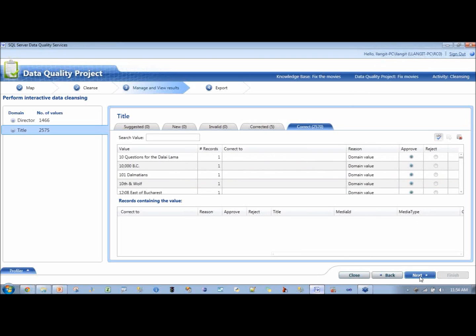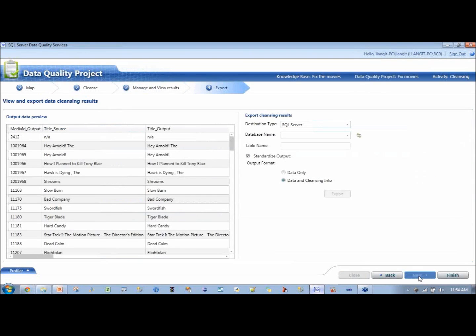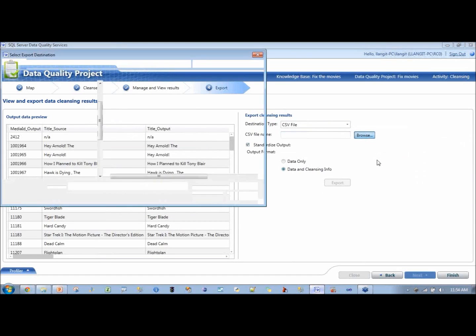We're not in a KB, so we say next, and our output here is not to publish and add our knowledge to the KB. Rather, our output is to dump this out either to SQL Server or a CSV. And when you dump it out, we can say data or the data in the cleansing info. And then, like I was saying,